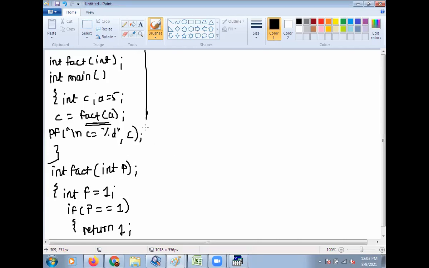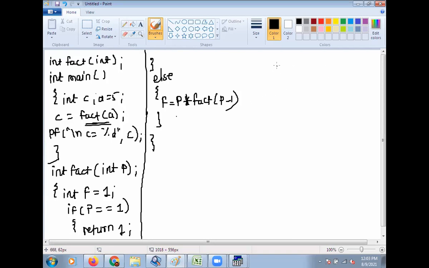Otherwise, that is else, f is equal to p into fact of p minus 1. So we are taking factorial of 5 such that 5 into 4 into 3 into 2 into 1. In this way, we are taking factorial.